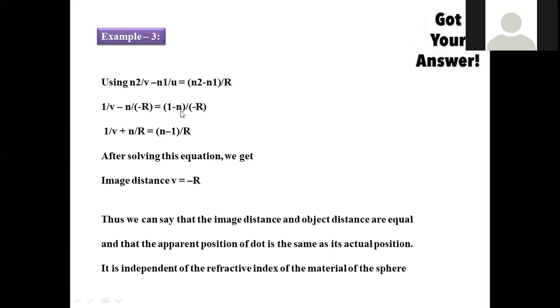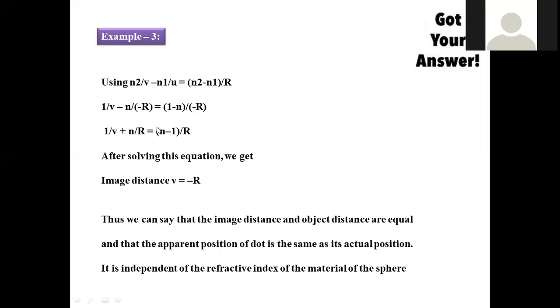So we can take the reciprocal of this because all the values are in negative terms. It is always preferable to take them in the positive, so that 1 minus n can be reversed in such a manner to n minus 1, and minus r can be reversed into plus r. The entire term is inverted, so there is no change in accordance with mathematical fundamentals. So 1 by f plus n by r is equal to n minus 1 by r. So this is the simplified equation.